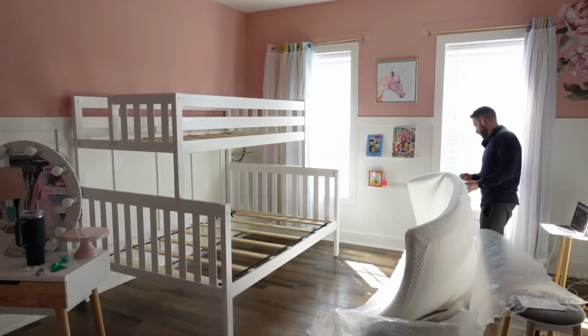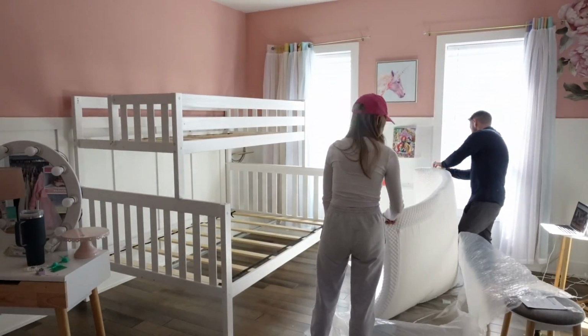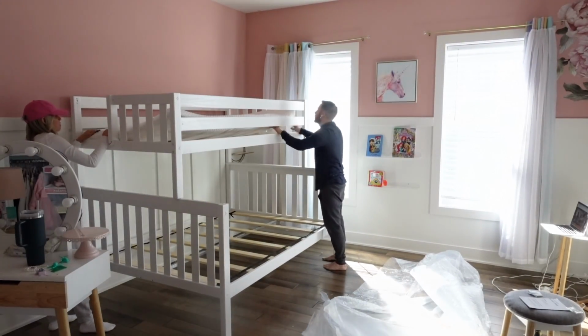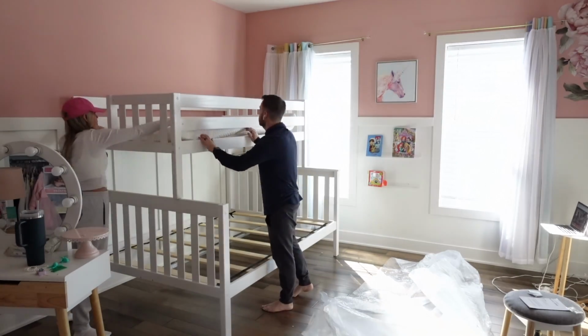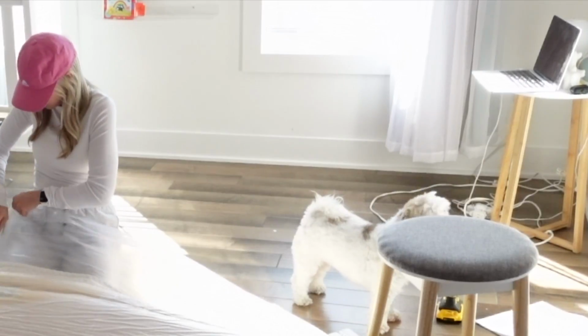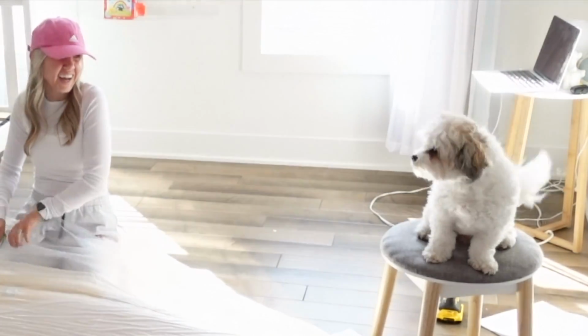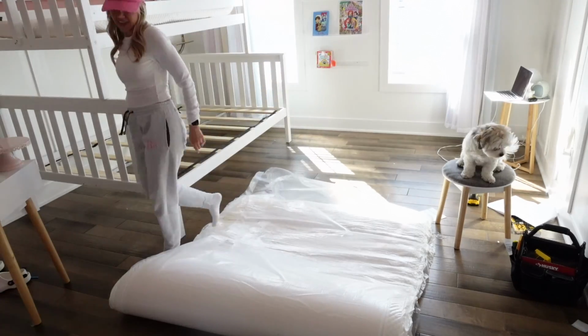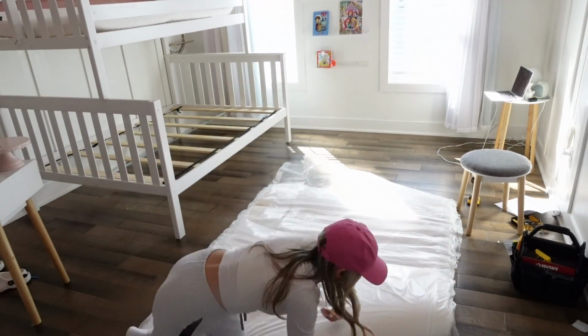So I never rush my kids out of their cribs. But Everly, I think it was right before she turned 3, would scream every night that she didn't want to go in her crib, and I just couldn't deal with it anymore. So we had a toddler bed in the basement, and we brought that up, and it made going to sleep so much nicer. I would just lay with her in it, but it was still the crib size mattress,